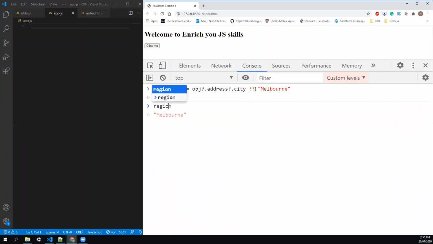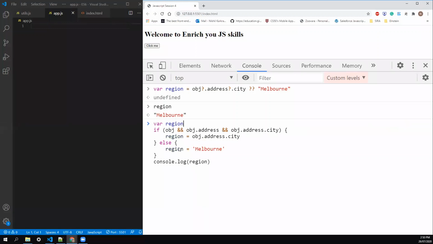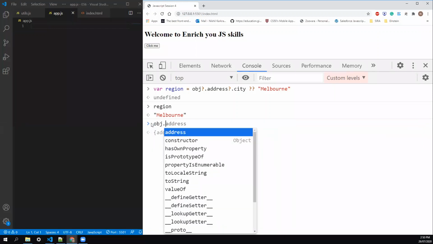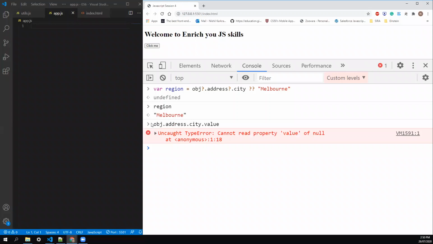And now if I print, you can see that with respect to the previous code, this was the recent one, and after that this one. It's so simple to achieve that scenario without breaking your code. Because many times we get an error when we try to fetch a value like city.value something, it says cannot read property because the property doesn't exist. To save us from this sort of error, optional chaining is very helpful. And about this operator, we'll come to the next slide.